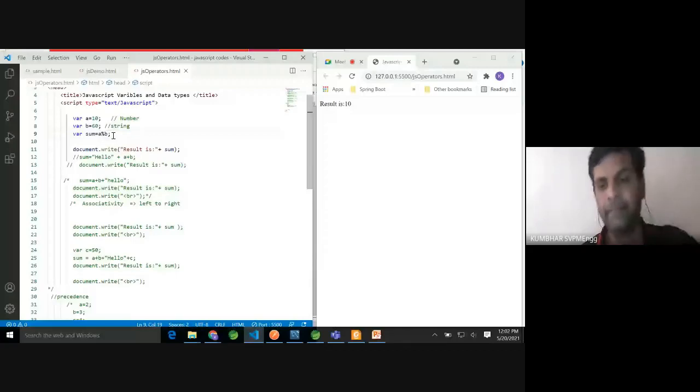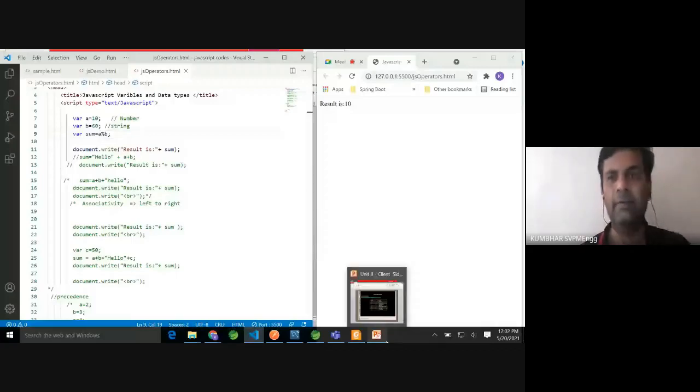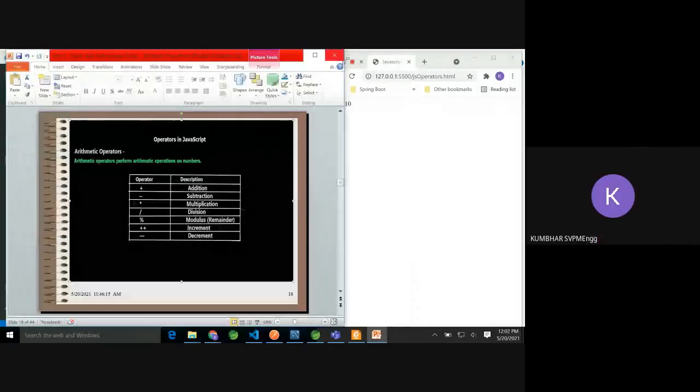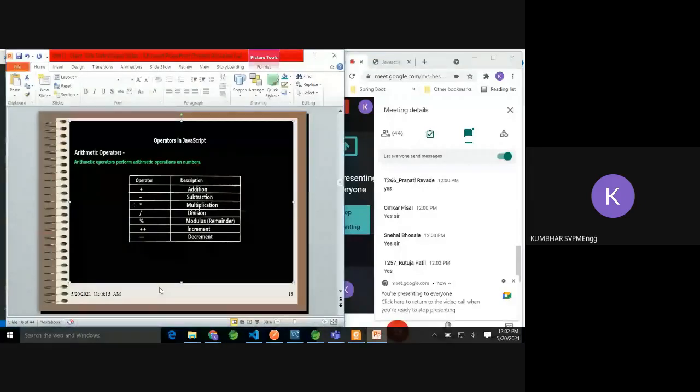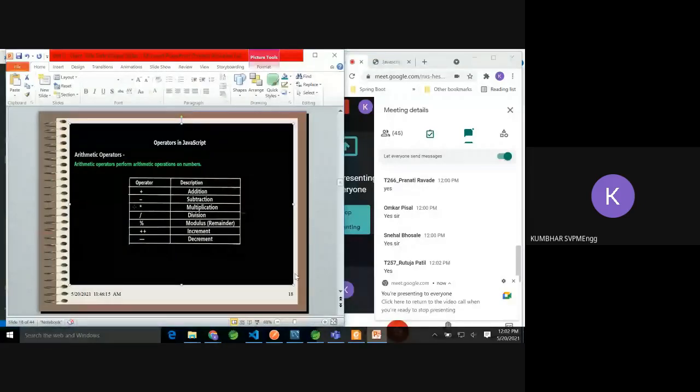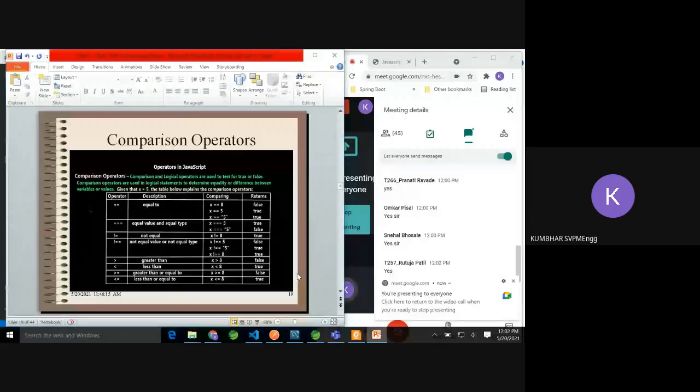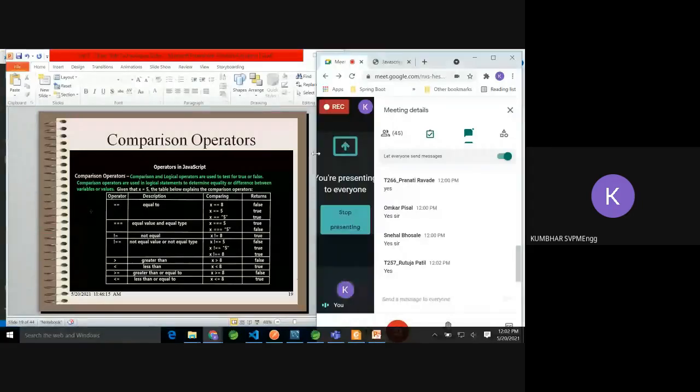Let's move ahead. Comparison operators. Please concentrate more because you may have some confusion here as compared to other programming languages.